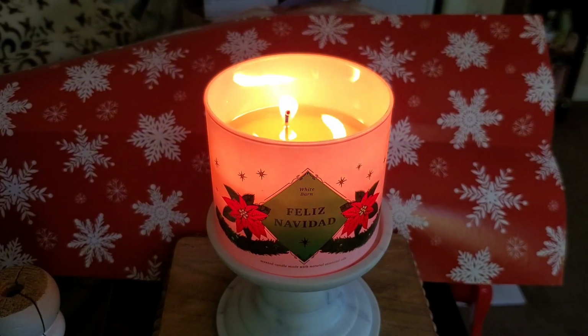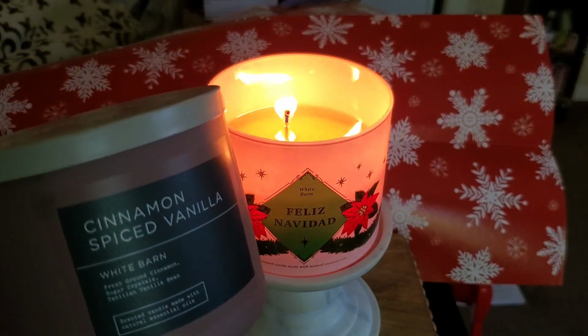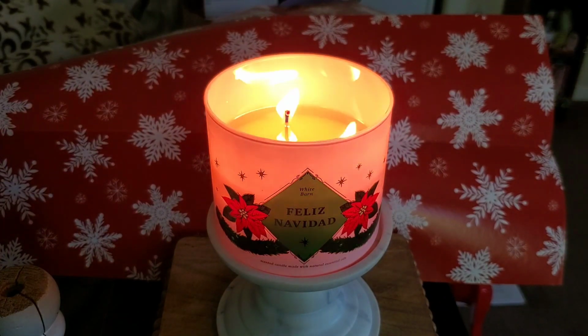Okay, and then the last one, which I think is the most similar to it, would probably be Cinnamon Spiced Vanilla. This is from, I think it's called the Neutrals collection from White Barn. Scent notes are freshly ground cinnamon, sugar crystals, Tahitian vanilla bean. I think it's the Tahitian vanilla bean that changes the scent. So I would say almost as if Cinnamon Spiced Vanilla was a little bit watered down, maybe about